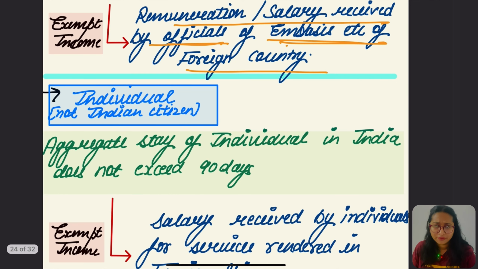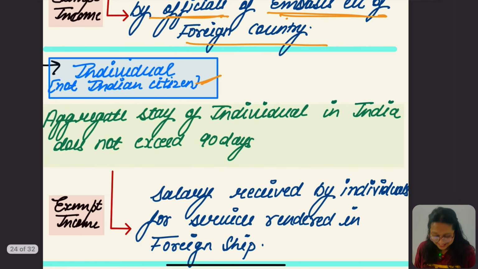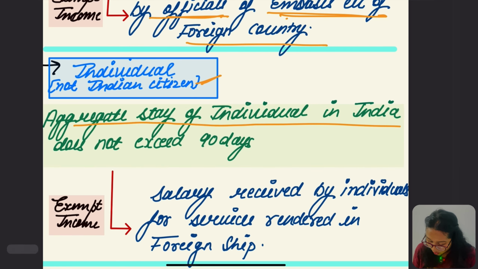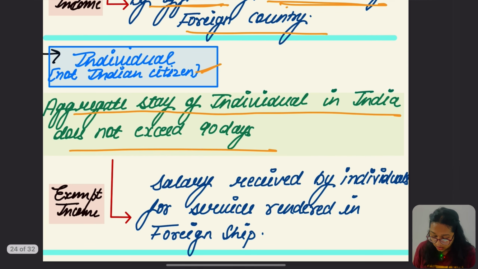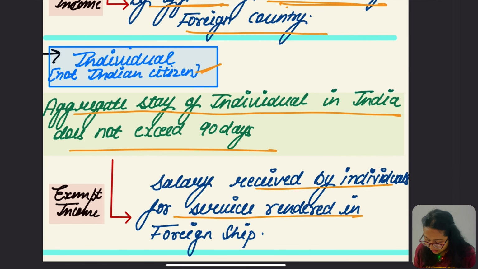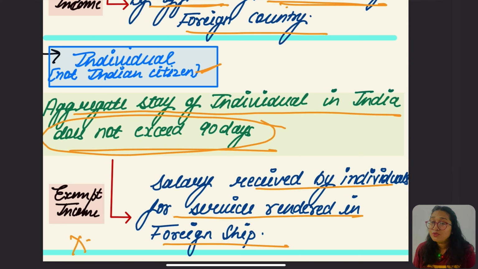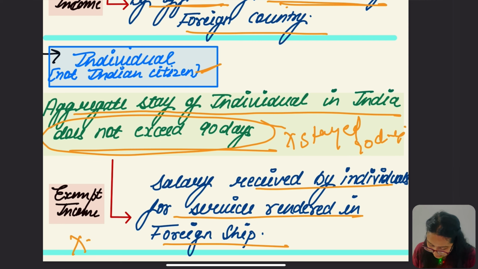Let's go for the fourth point, which says the individual is not an Indian citizen whose aggregate stay in India doesn't exceed 90 days. The salary received by the individual for rendering service in a foreign ship would be exempt income. Let me say it again: the individual who is not an Indian citizen, and who has not stayed in India for more than 90 days,